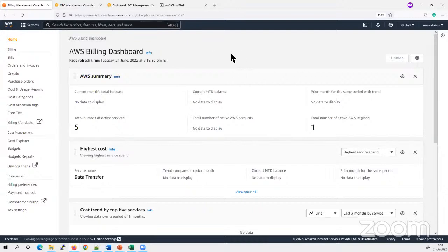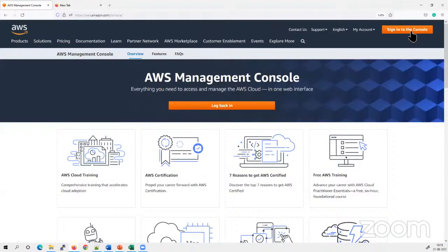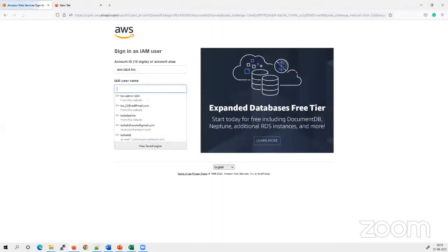So in this case, I could see that there is billing access for me. But when using any IAM user, it will not be there. But there are ways you can do that, and that is what I have already done in my AWS account, which entitles me to any kind of access. So if I just log in to my console with my normal IAM user, it is going to get me the